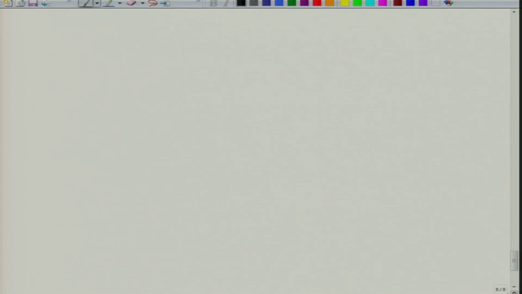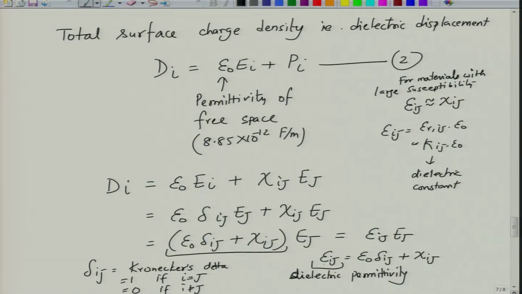You can see that epsilon ij is a rank 2 tensor, which means it has 9 components. Often we will see in many of these dielectric properties or other properties as well, of second rank tensor, third rank tensor, fourth rank tensor, although let me just briefly introduce what a tensor is. We know that a tensor is defined by a rank by the formula 3 to the power n. So, when n is equal to 0, it has one component.